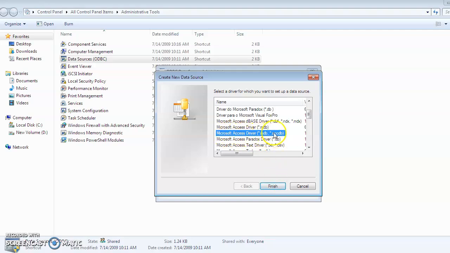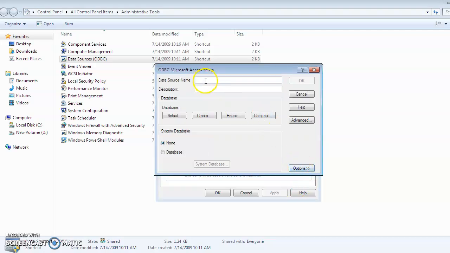You can see this is the driver that I am going to add, so we can fetch the data from MS Access, as it is the driver from MS Access. Now finish. It is mandatory to use this. This is the driver that we are going to add to connect our Java application along with MS Access. This is your type 1 driver. Finish. Now the data source name, as I said, I mentioned demo, so I'm writing here the new name. This is a new name, it is not in your program. Here you can write the data source name, that is your database name. Then okay.